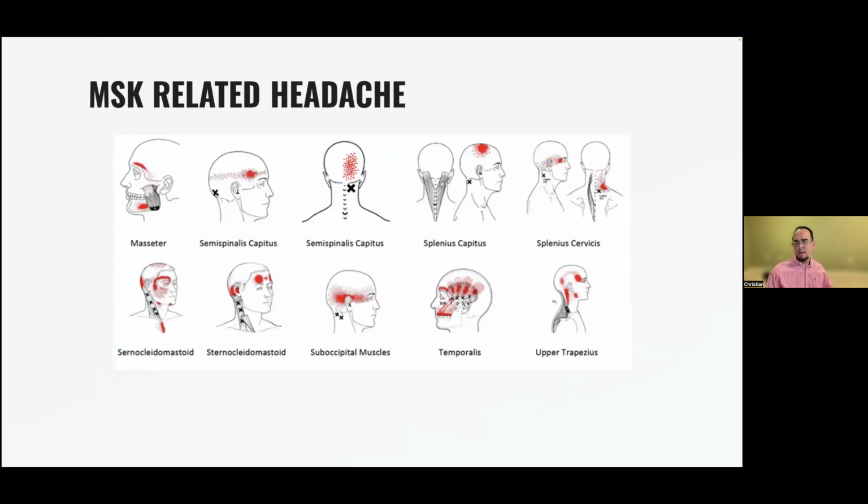And here I have a diagram of how we think tender and trigger points are and how they could potentially generate pain around different areas. So if we think of it, most of these muscles are involved in a concussion and or a whiplash injury. So most likely they could potentially cause pain through all the head, which is a common complaint that patients do get.